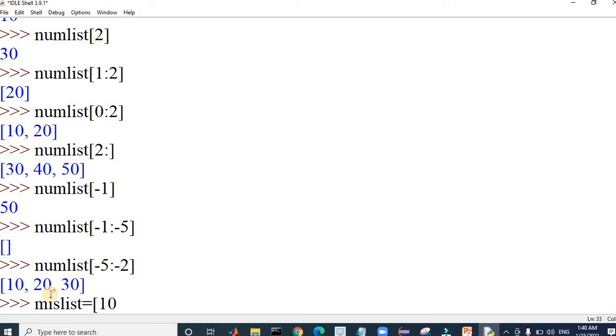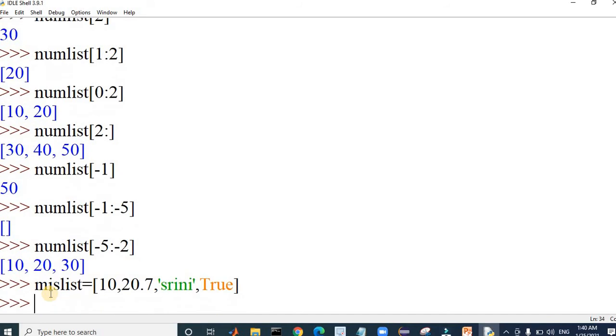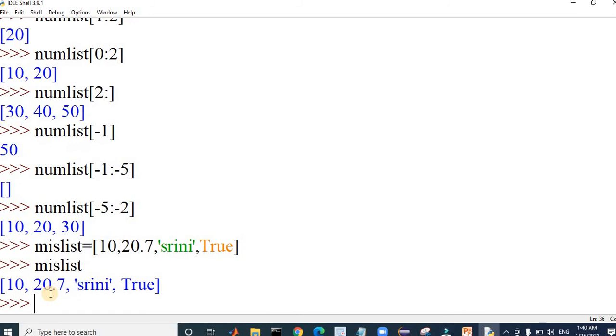Say I am taking an integer, a floating point number, and a string. I am also using a boolean value. Yes, this works. It can also be printed now. From this, we can see that a list can allow values of multiple data types.